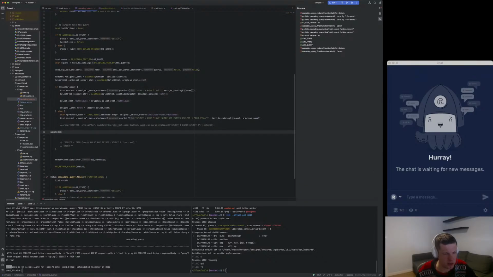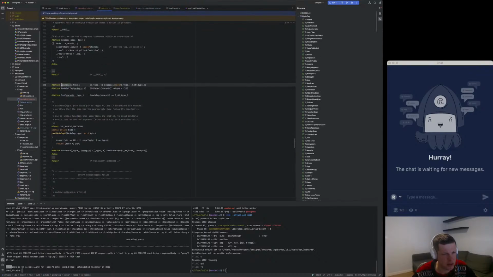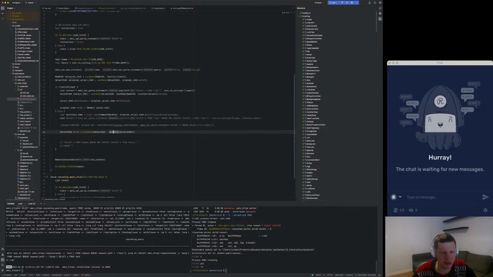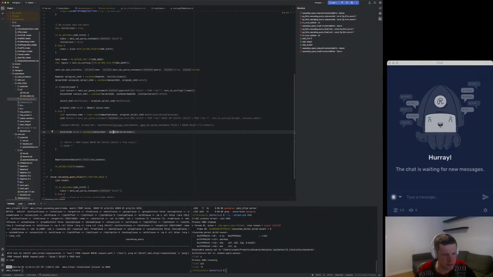Make node t select statement. So we're creating a new select statement. Select statement node, cast node select statement. It's taking this, I'm pretty sure. Yeah, perfect. So basically we're creating this union